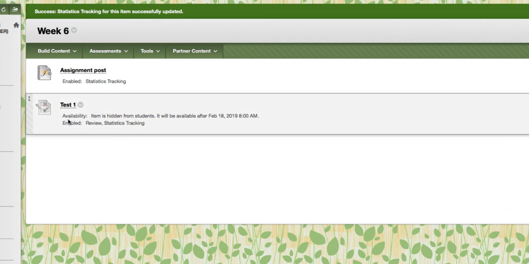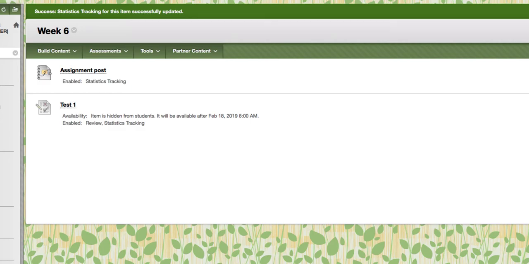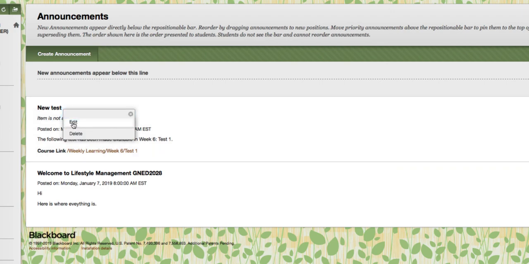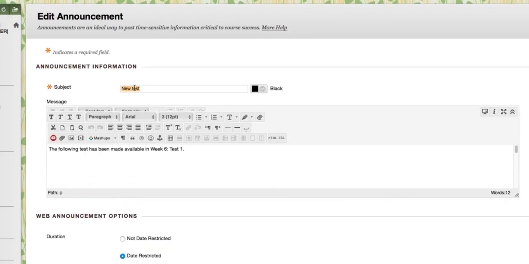So now I keep some data on that as well. Now, remember I set it to create an announcement. Let's go into the announcements. And there it is there. It's not going to be released until the day of the test. It gives them a link they can take right to that week where the test is. But I might want to rename that in some way. I might want to say,